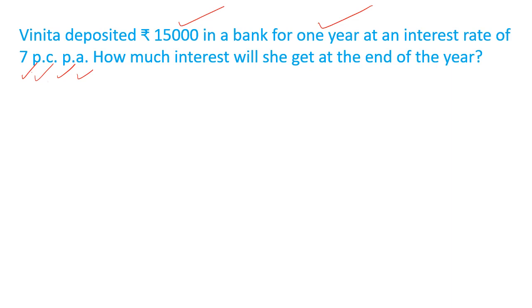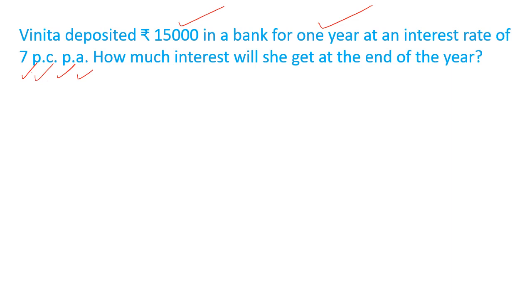Some amount of money is deposited for a particular time period. Here Vinita deposited for a particular time period. The question is, at the given rate of interest, how much will she get? If it is 100 rupees, how much she will get is given. So naturally we will compare with 15,000 to find how much she will get. We have certain techniques for that. Before that, we should understand the question very clearly.